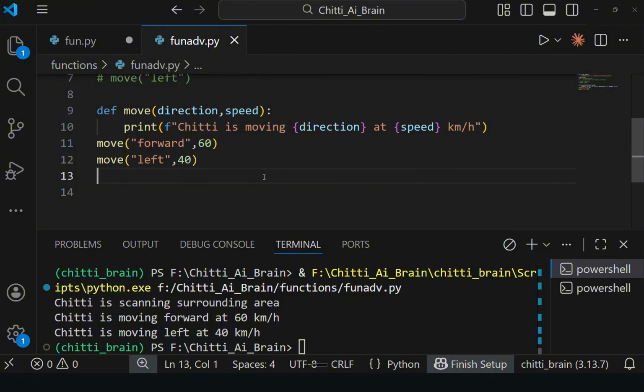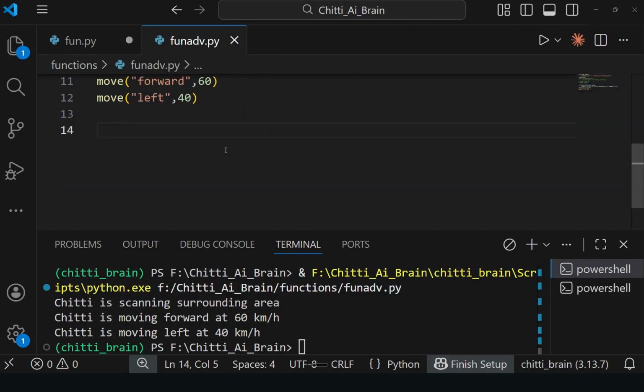It will answer based on the battery level. If the battery level is less than 20, it will tell battery is critical. If it is greater than 20, battery is normal. For that type of return values, we will see how to write the program.